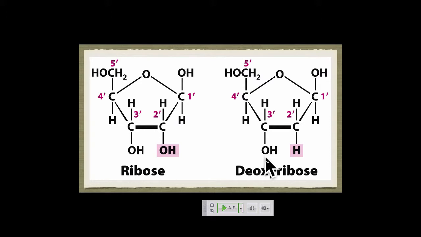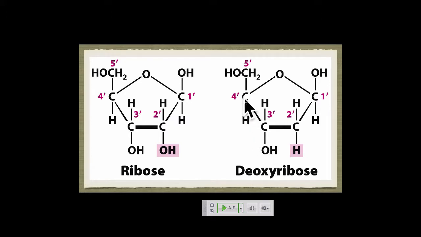Some antiviral drugs and anti-cancer drugs, which are really designed to try to stop rapidly dividing cells from proliferating, will use analogs like this, except they lack the hydroxyl group. Those analogs get incorporated into the DNA or the RNA, and then synthesis stops. So you must have this 3' hydroxyl for DNA and RNA synthesis to occur.